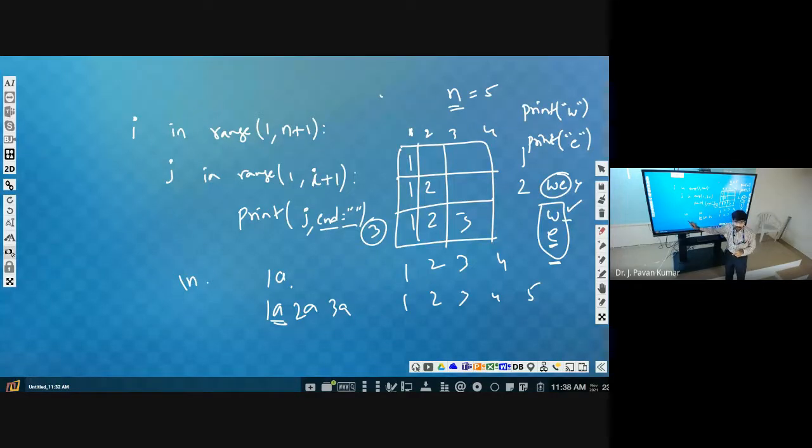\n is used to represent new line. So this is a character. Instead of this, we are specifying just space. If you specify space, then after printing 1, it will print space. If you don't specify, it will print this one, that is \n, that is new line. So this particular function we will provide with an additional parameter called end is equal to, within double quotes, space, so that it will print space. Now let us see